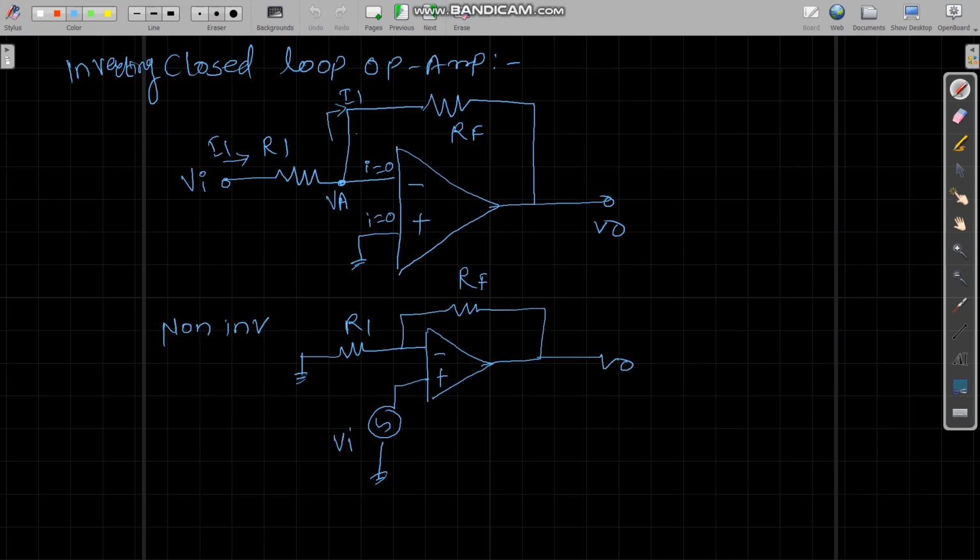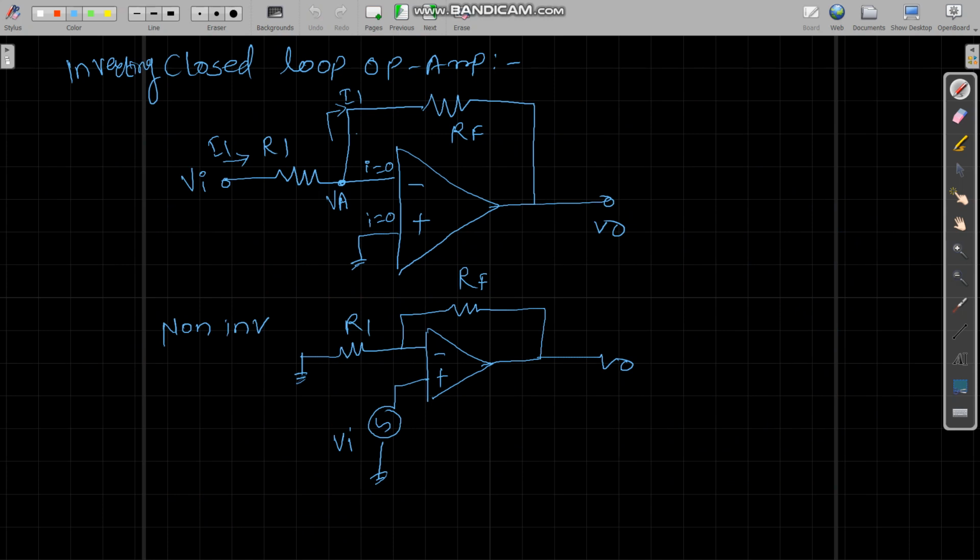Now closed loop op amp means that the output is taken and fed back to the input with the help of some passive components, let us say a resistor here, and this circuit is said to be in feedback. You can see that the feedback is given to the negative terminal of the op amp, that is the inverting terminal. Therefore we say it is a negative feedback circuit, and it provides stability. How, we'll see in the upcoming classes.